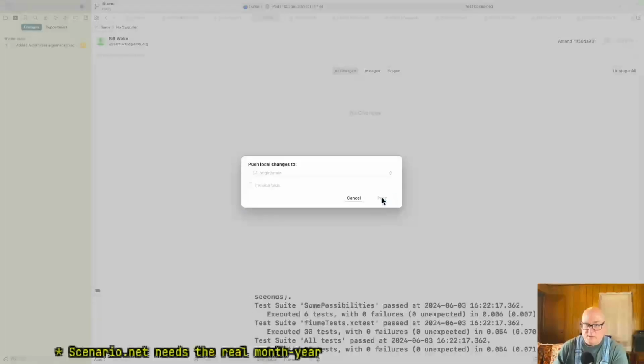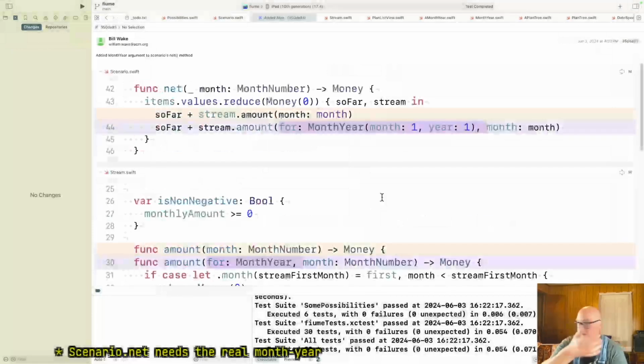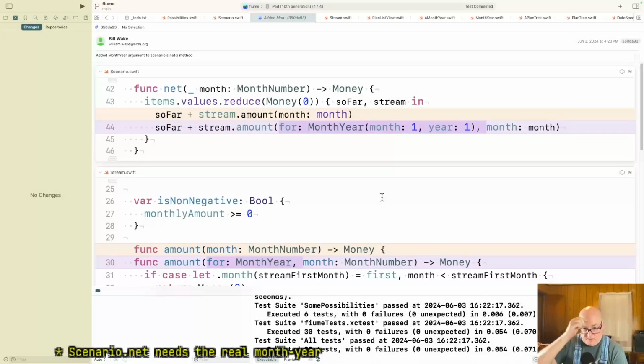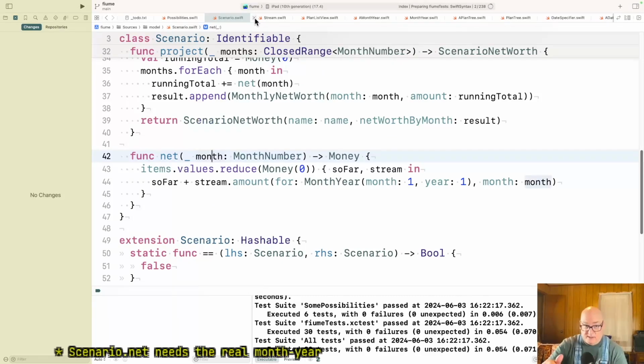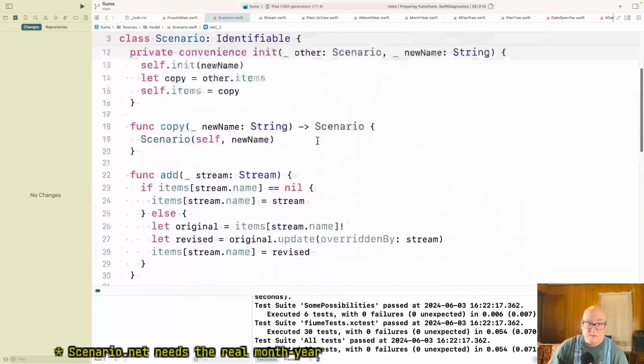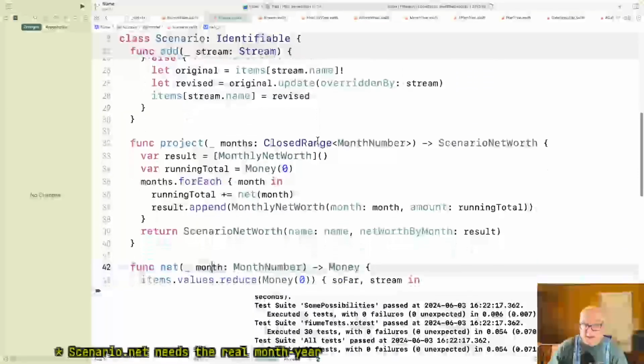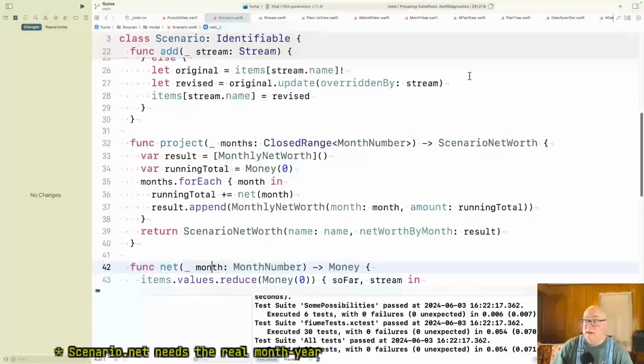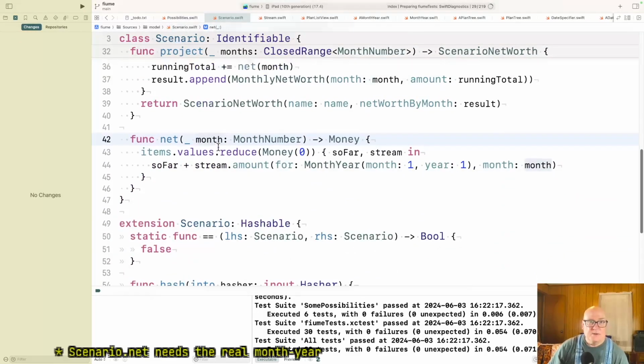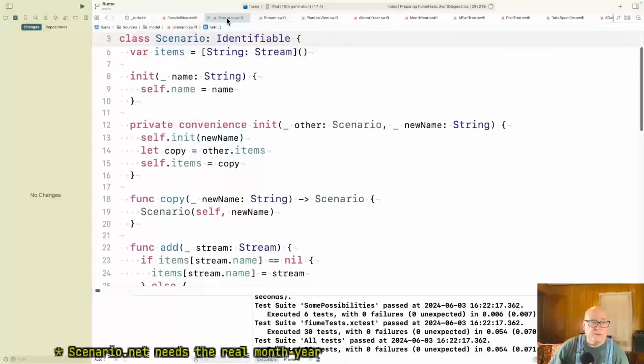And then at some point, well, it won't be today because we only got 7 minutes, but presumably tomorrow, we will get the right value coming in and then switch the computation to use the new right thing. What that will probably be is get rid of month number as a date specifier. And to your earlier point, we really should be doing a date selector for that. Okay. So that got it into scenario.